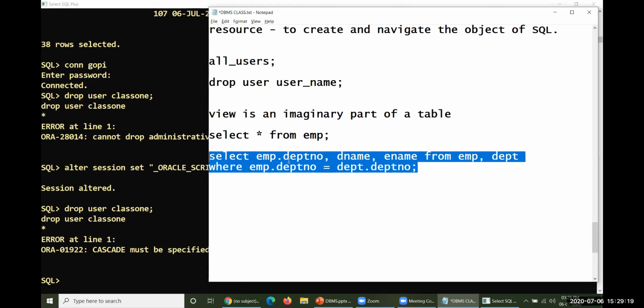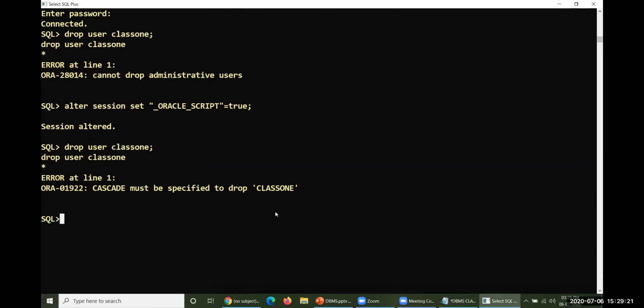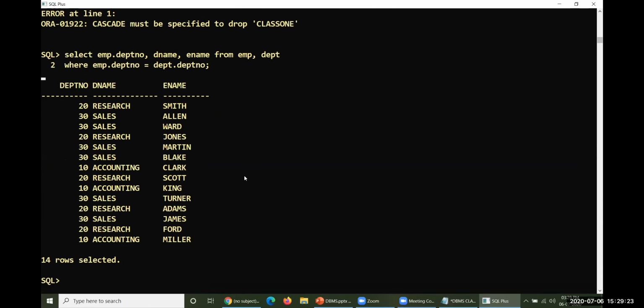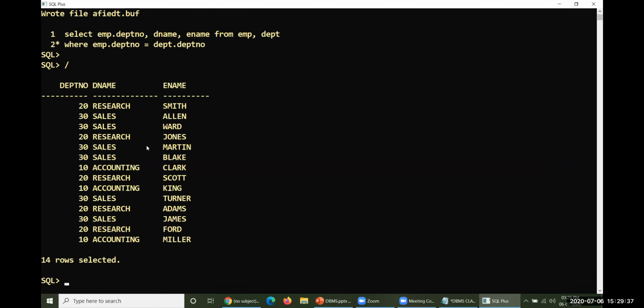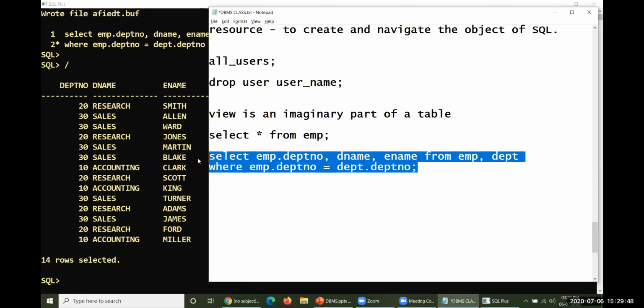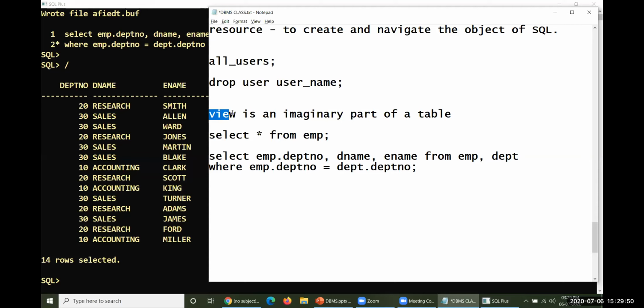So let me show you how this particular output could be produced. So this is the output. I want to make this particular output permanent. Normally, if you operate CLR SCR, everything will vanish. So this is the command; if you execute this particular command, you get the output back. If you operate CLR SCR, everything gets cleared, so the output cannot be shown to you. Then I wanted to make this particular output permanent, and the permanence will be done by using a view.